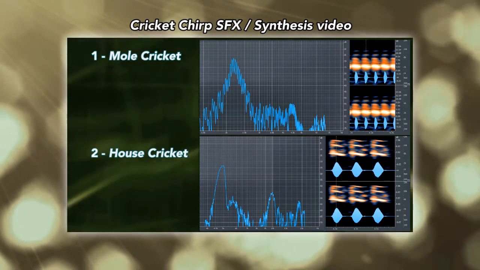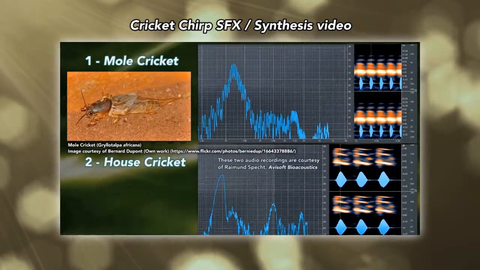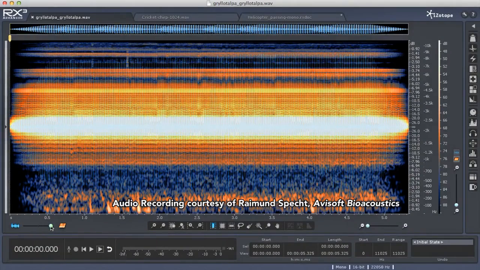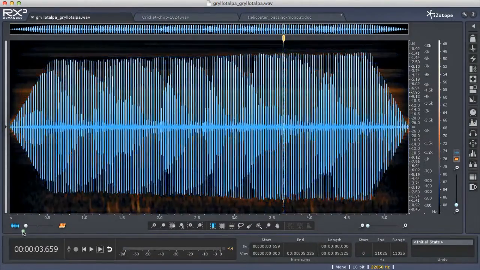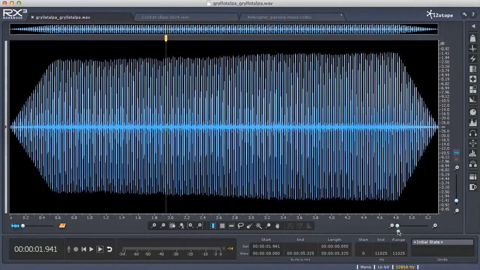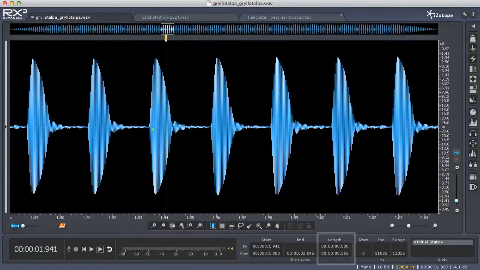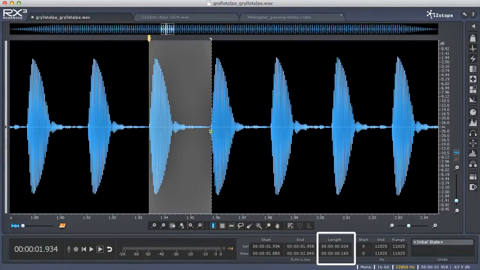I realized that while chirps themselves are micro sounds, we still perceive a constant pitch. For example, here is the mole cricket sound again, where we perceive a hum. The hum is constant, but zooming in, we can see the chirps are micro-sized. The main lobe is about 11 milliseconds, and overall, this repetition is 24 milliseconds long,